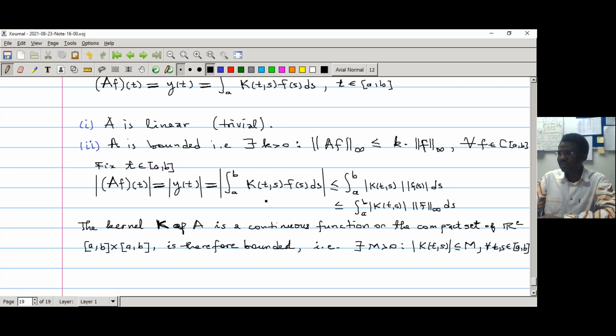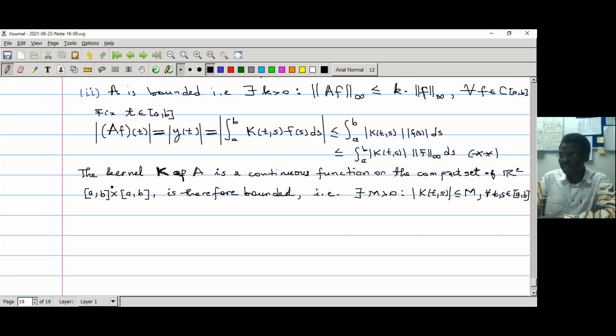I call this double star. So double star implies, of course, using this information, the boundedness of the kernel,